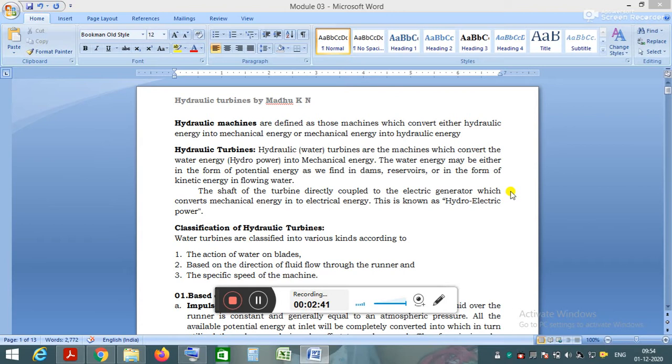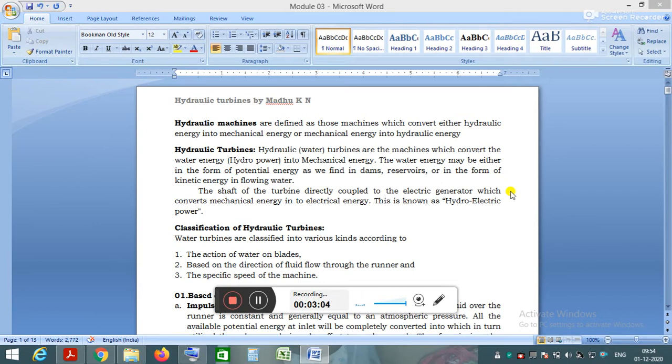A hydraulic machine is a machine which converts either hydraulic energy into mechanical energy or mechanical energy into hydraulic energy. If it is a hydraulic turbine, it converts hydraulic energy into mechanical energy. The example is Pelton wheel. If it is a hydraulic pump, a centrifugal pump or a centrifugal compressor, it converts the mechanical